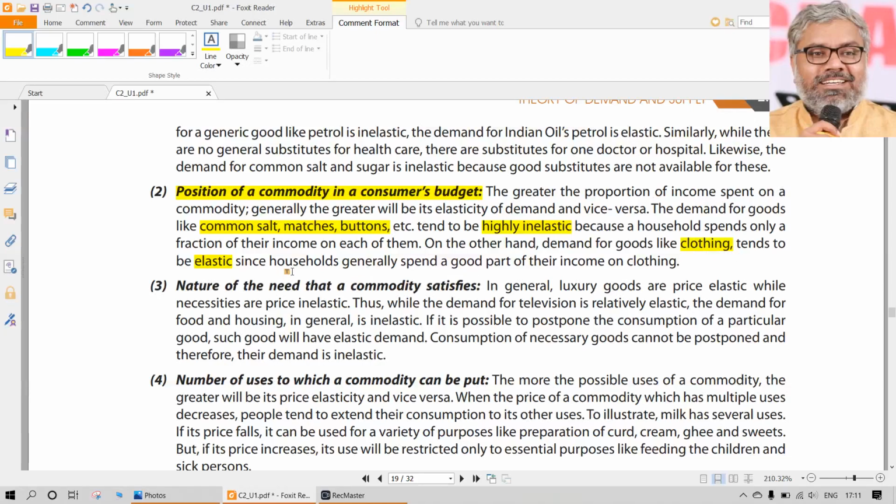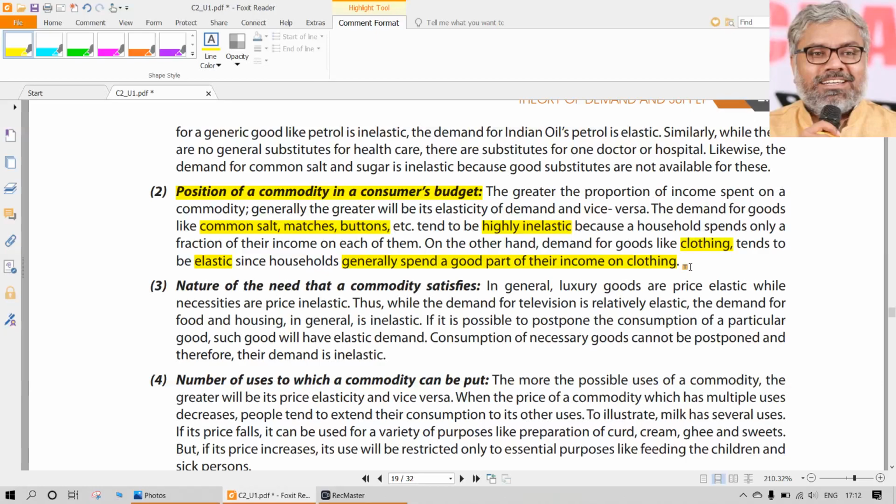If there is a reduction in the price of that product, then only the customer will be interested to buy that. If there is no reduction in the price of that product, the customer is not interested in buying that. And why is that happening? Because generally the customers will spend a good part of their income on clothing. Most of the people I am talking. For them, clothing is not something they spend on every month, like food or paying rent. Nobody will spend on clothing every month in general. So clothing is an extra expenditure for a household, that we should understand.